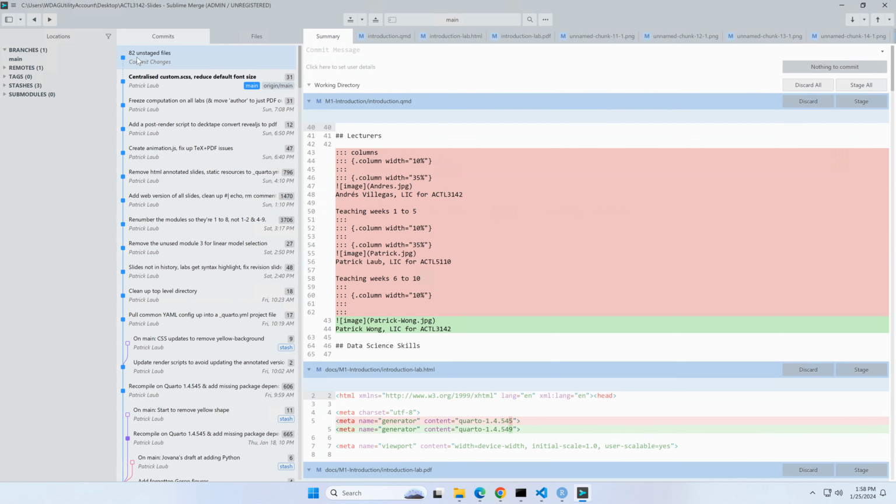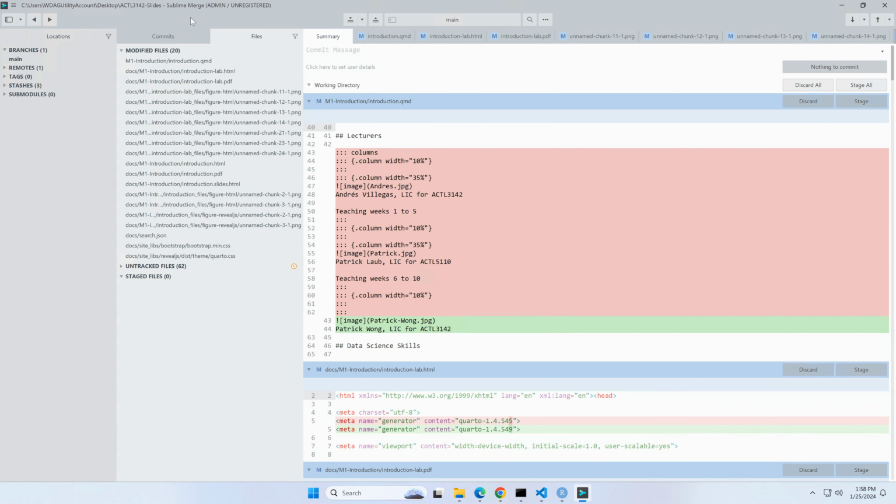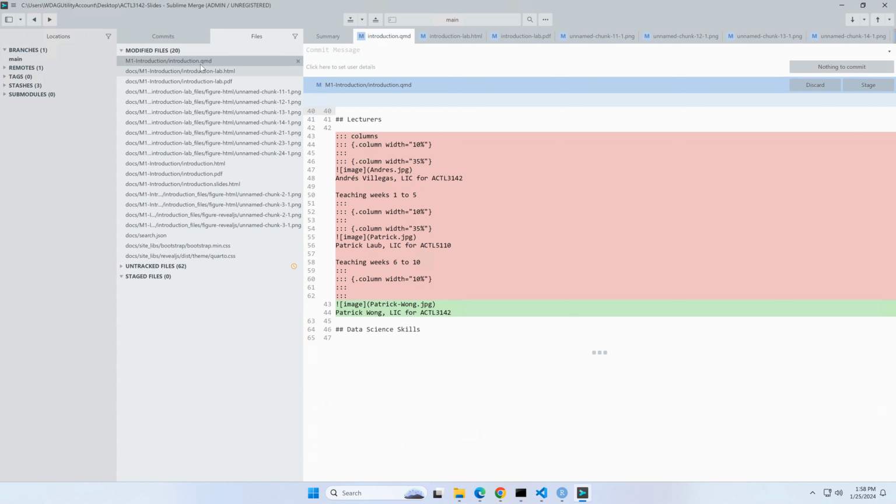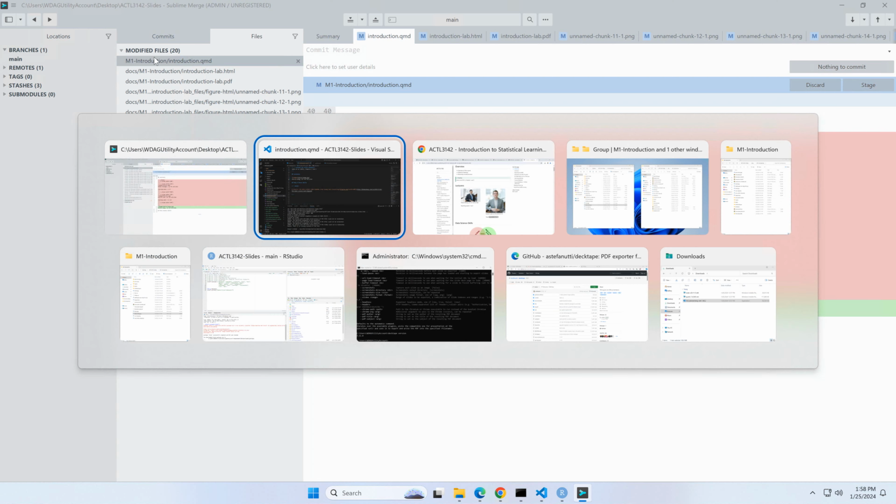And here I've made changes locally which aren't in a commit, and Sublime Merge can show me what's changed when I go over to this modified file section. If I click on the introduction.qmd, I can see this is what I changed here, right? I deleted most of this text and added Patrick Wong's image in. Now I'm going to say that I want this to be updated on the public website, so I want to keep this here, and in Sublime Merge I staged the commit,